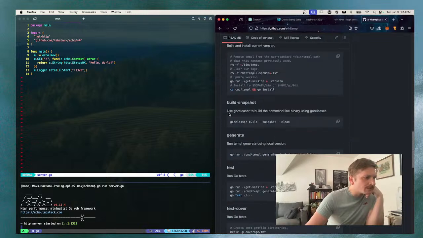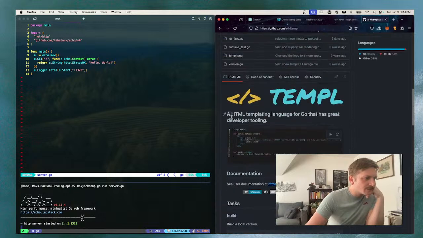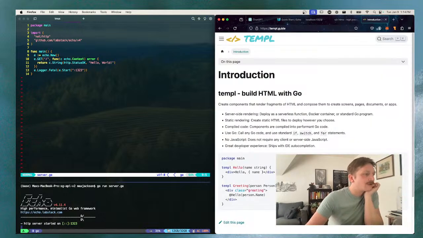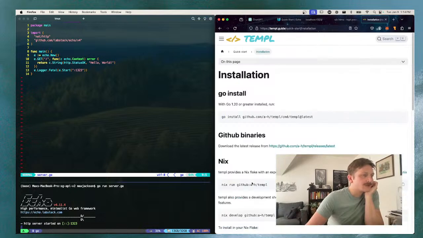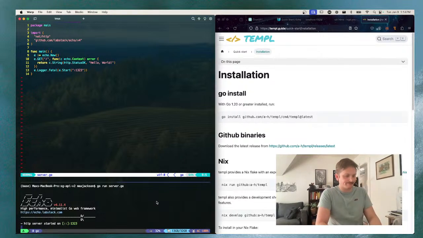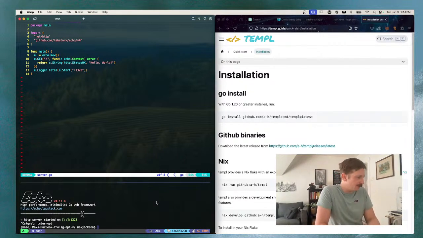What's going on here? Do I want all this stuff? I just want the user documentation. Installation. Go install. Okay. All right. I like when I can just do go get, but